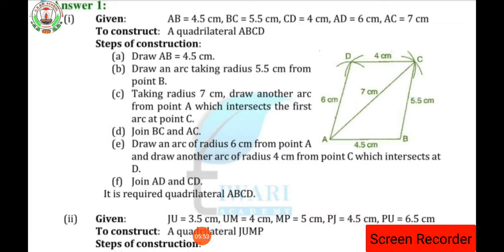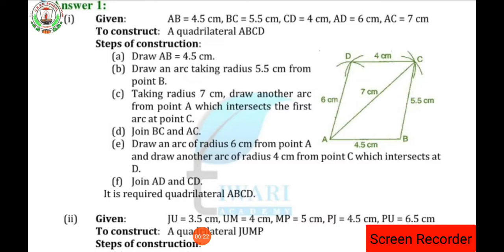So dear student, first you have to draw the line segment AB, then keeping the needle at point B and on the mouth of your rounder you have to measure 5.5 and draw an arc, and the same way you have to measure 7 centimeter as a radius on the mouth of the rounder and keep the needle at A. Draw the second arc so that it cancels the first arc. So we are going to get the point C.